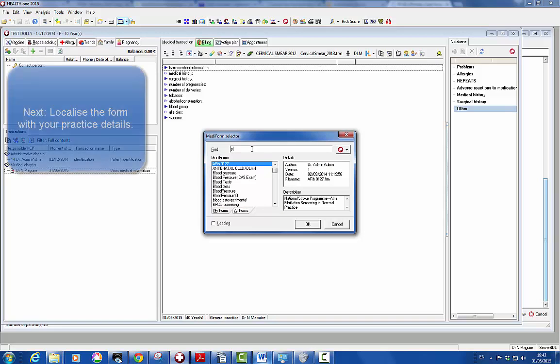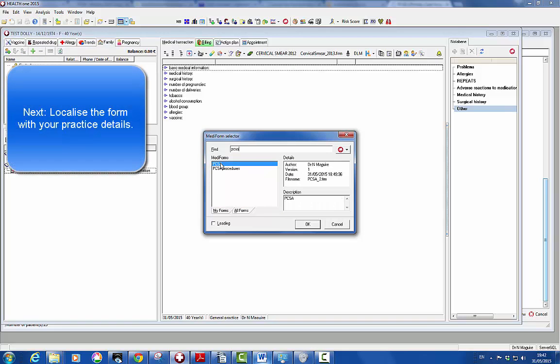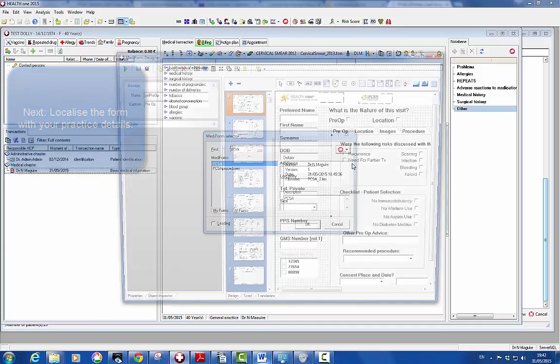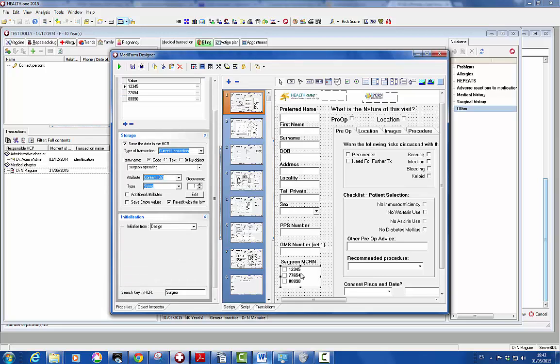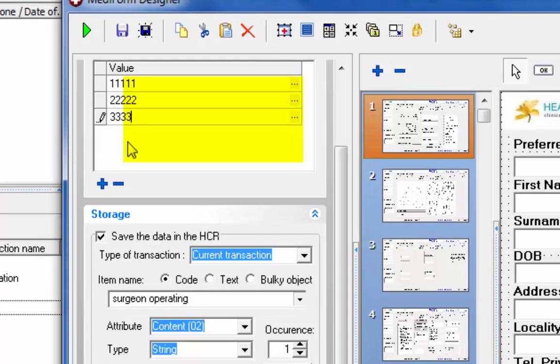The next thing you'll need to do is localize this Mediform for your particular practice. Most of it localizes based on the user database, but there are certain things that you will have to change for your own use. So in this case, we're going to identify that it's the PCSA Mediform we're editing and go to Edit Mediform, and it will bring up the Mediform editor, and there's just 4 things that need to be changed. Most importantly, the surgeon's medical record number. You'll need to change them to correspond with the doctors who might be doing skin surgery in your practice,